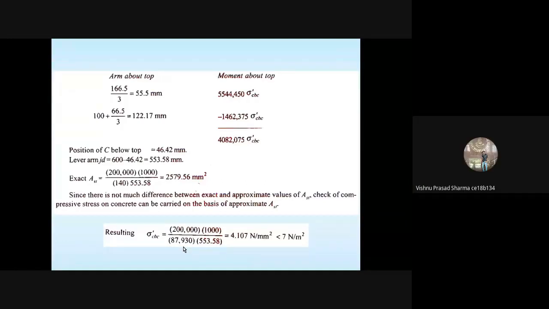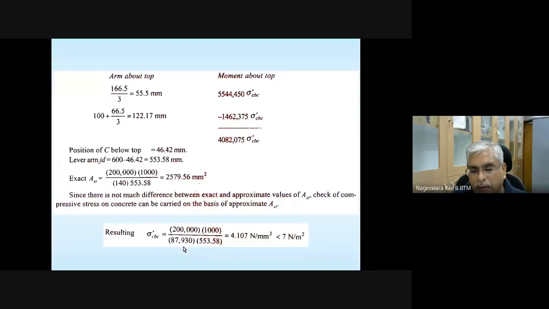Okay, sir. Actually, there was a question in the assignment in which it was coming out to be greater than 7. So should we make it doubly reinforced? Yes. Please note that we are going one by one. Step by step, we are learning things, and once you become mature, you can combine depending on your convenience. That is where your ingenuity or your creativity is going to reflect.